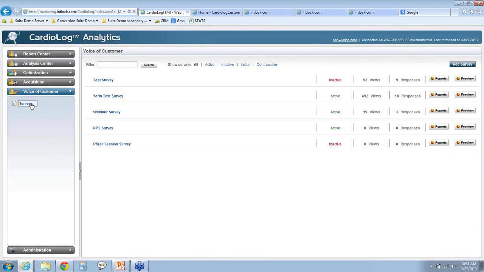So this voice of customer tool was built based on feedback we got from our customers who said that web analytics is great, provides a lot of good insights as to how the portal is being used. But we want to go one step beyond that and provide the ability for our customers to actually ask the questions they want answered from their users. So for example,